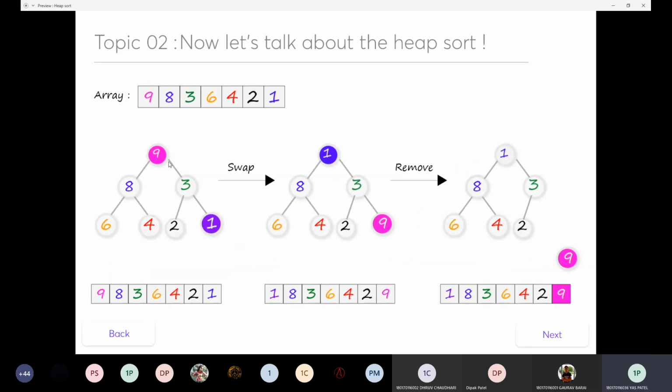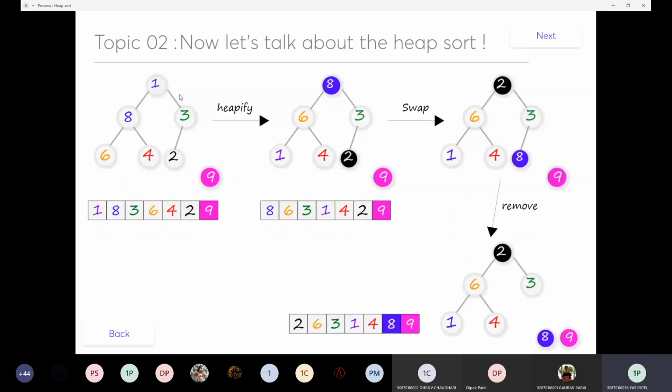So you need to swap 9 with 1, and then remove that node. Here is the removed node. Then decrease the height of the heap tree. So this is the process: swap, remove, and decrease. Now we need to heapify, because we need to find the largest element in the remaining max tree.